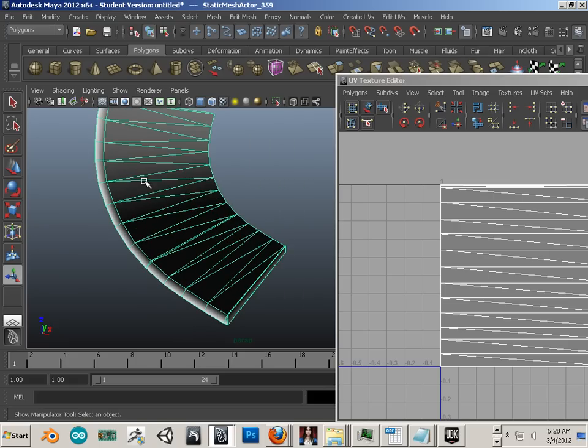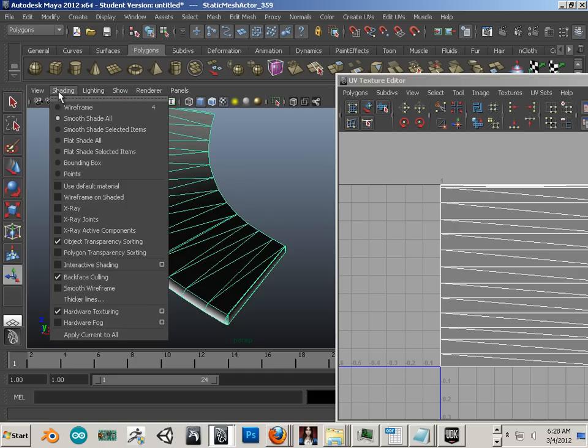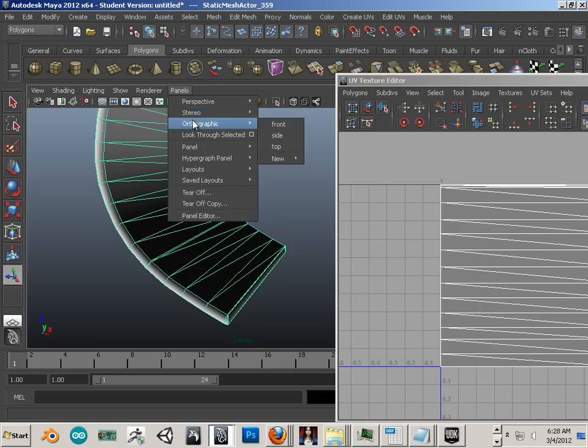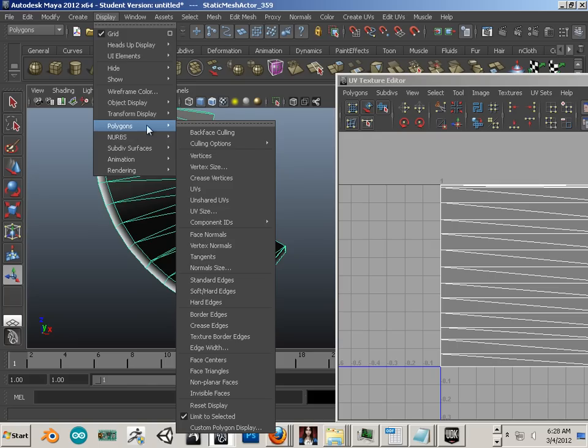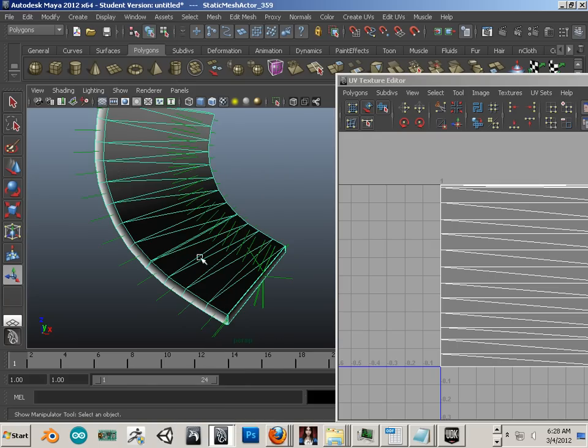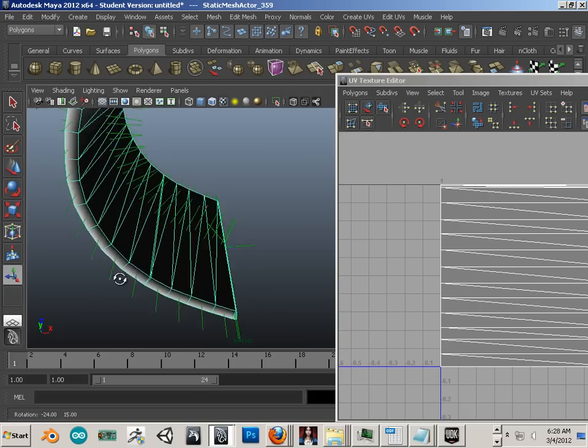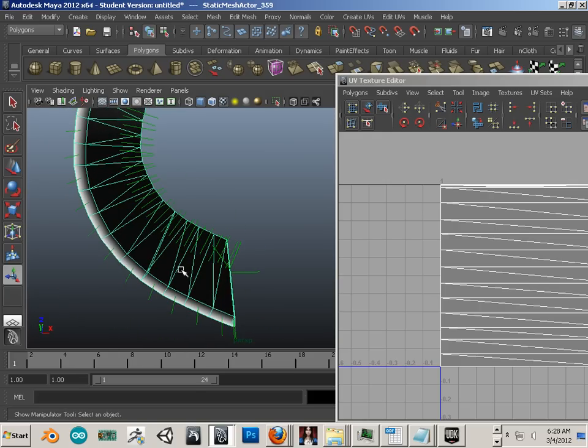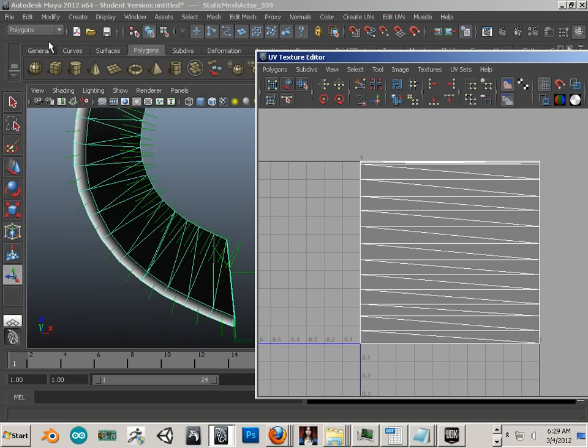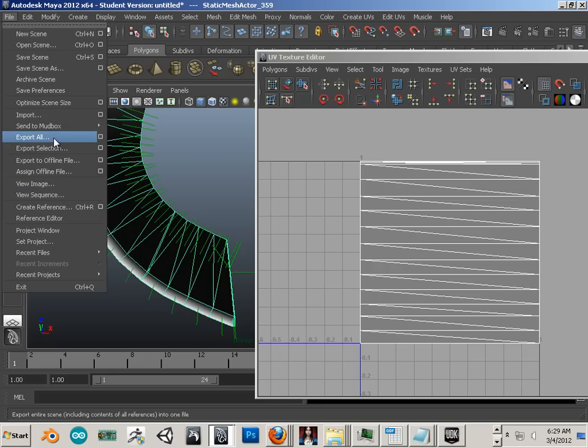So you see the normals are not reversed because I can't see through the object. Another way to do it is display polygons face normals, and if you see these little things pointing out, that's good. Alright, so essentially I just double walled it, and now I can just export that piece